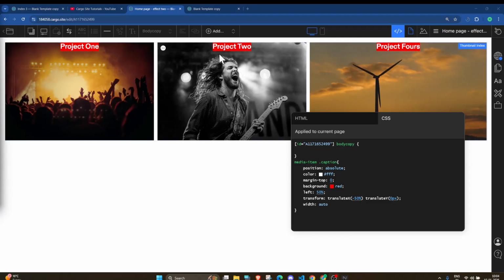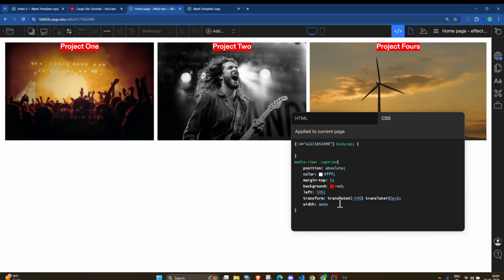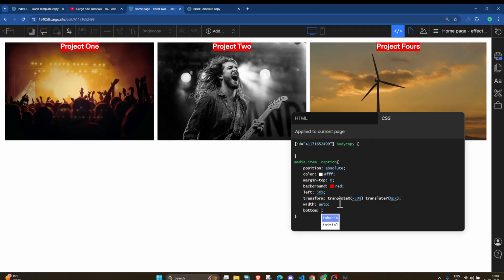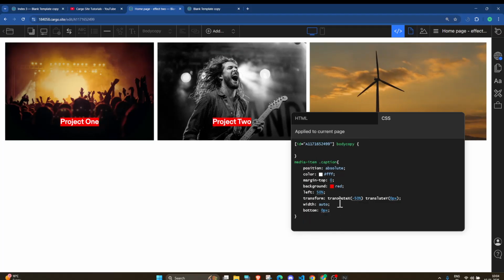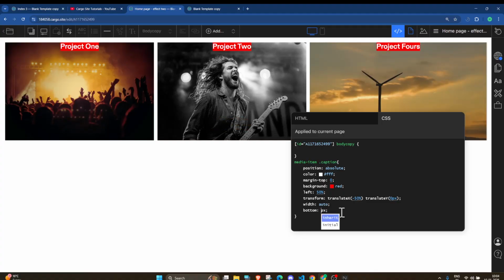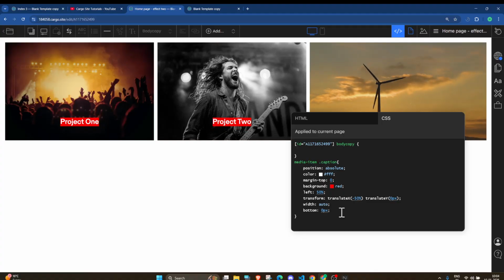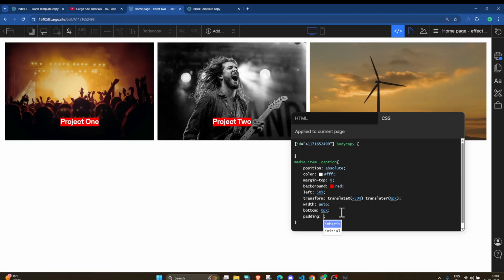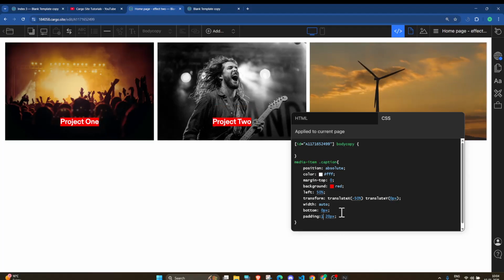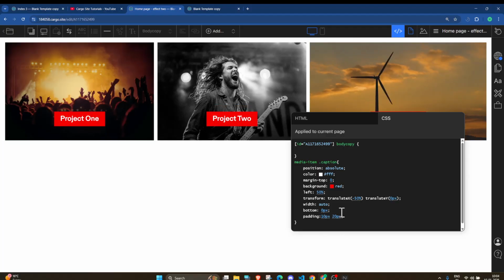now basically we want this text to show at the bottom. So I will add bottom 0 pixel. So you can see now it is showing like this. If you want to customize it, you can just change the bottom property from here. And in the caption I will add padding 20 pixel. Okay, this is too much. 10 pixel,